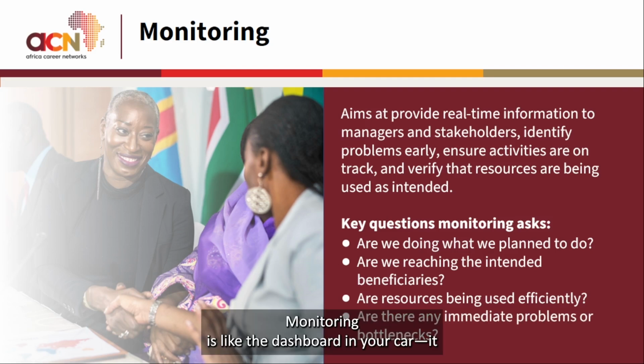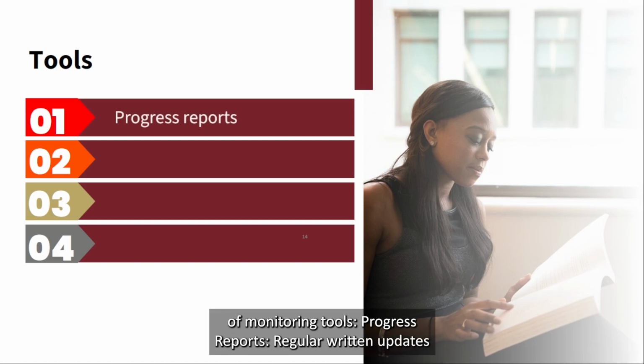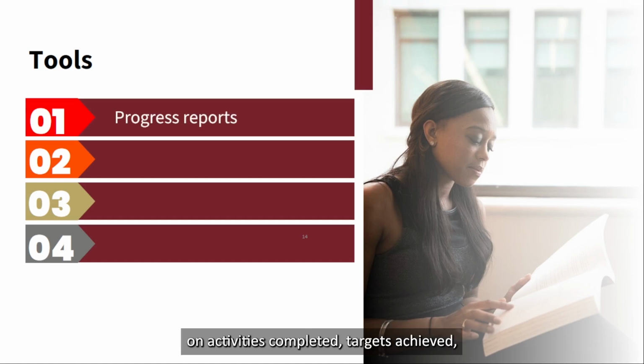Monitoring is like the dashboard in your car. It gives you ongoing information about how things are performing so you can make adjustments before problems become crises. There are 4 main categories of monitoring tools: progress reports, written updates on activities completed, targets achieved, and challenges encountered;